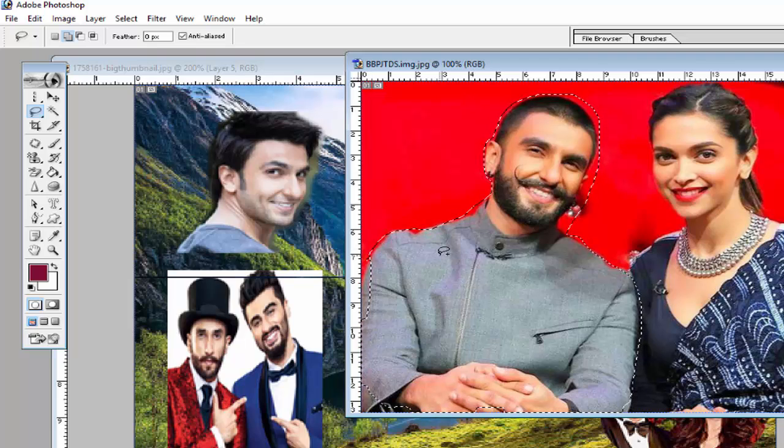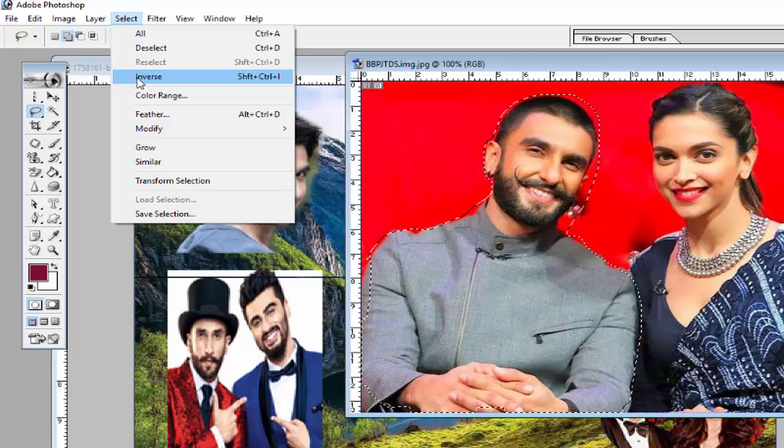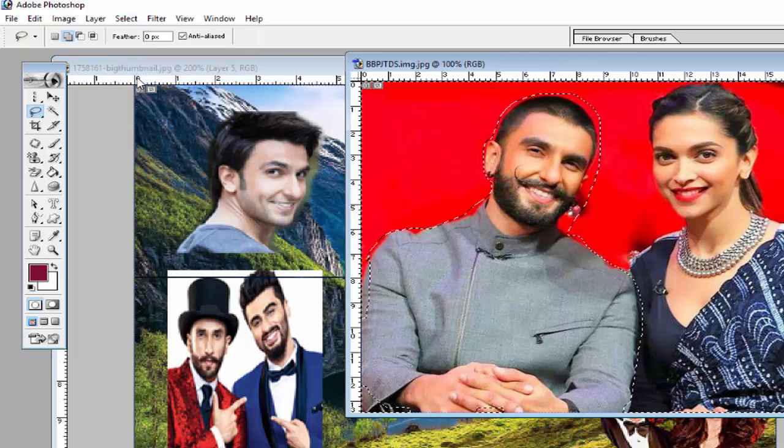So you can use the lasso tool to select your image, or if you want to deselect the image, you can select deselect, or another option, inverse. This is another very important option, inverse, shortcut key Shift plus Control plus I. If you want to select the reverse part of your image, whatever you already selected, click here, and it will select the reverse part.